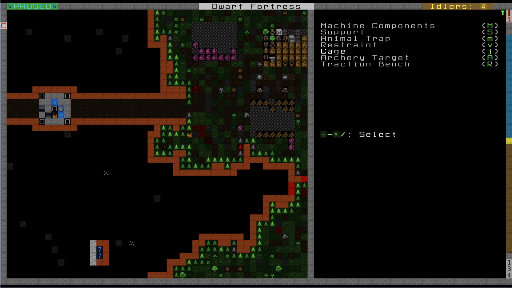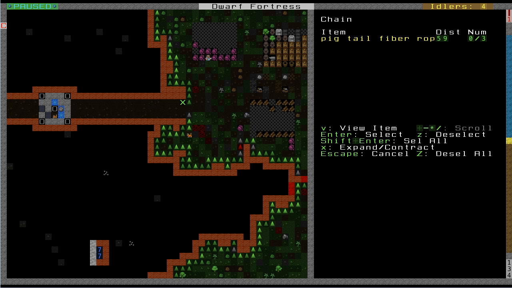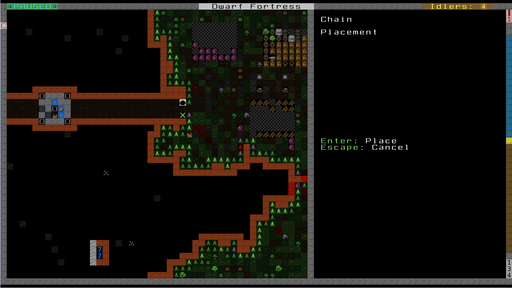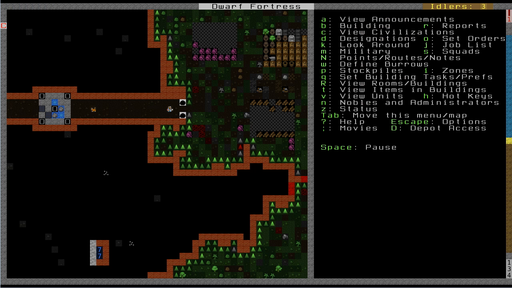So anyway, without further ado, the way that you do this is you press B, and then you're going to build a restraint, hotkey V. And what you need for this is either a chain or a rope. Well, I happen to bring some at the beginning of the game, so I'll place one here. I have pigtail fiber ropes. I'll press enter, and then I'll place another one here. And then we'll wait for these to get placed, and I'll show you how you can chain up a dog to one of these restraints. So I'll pause the video until...